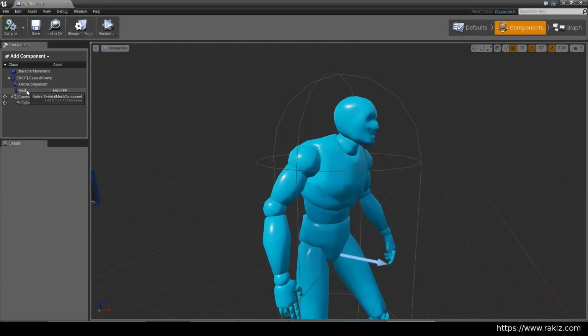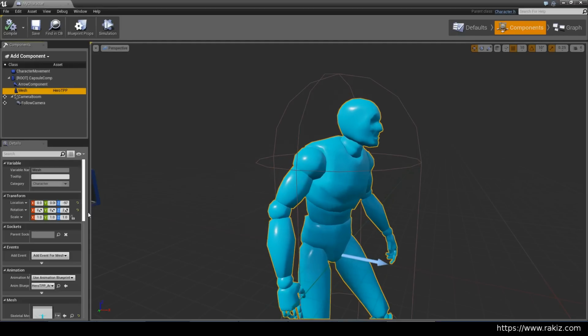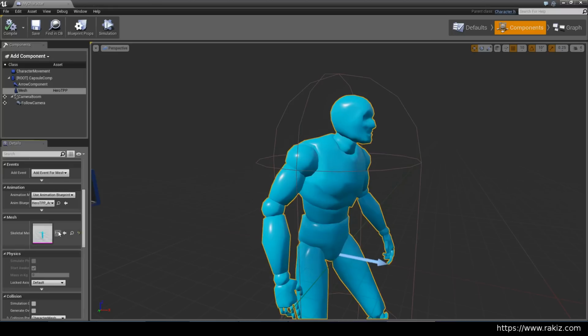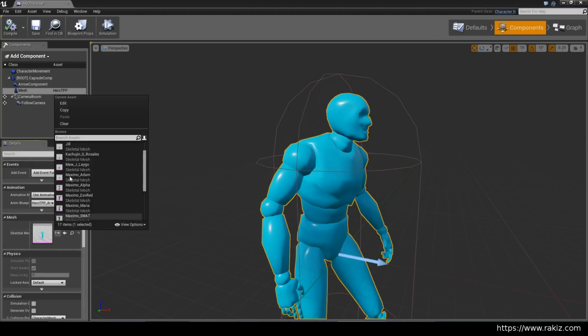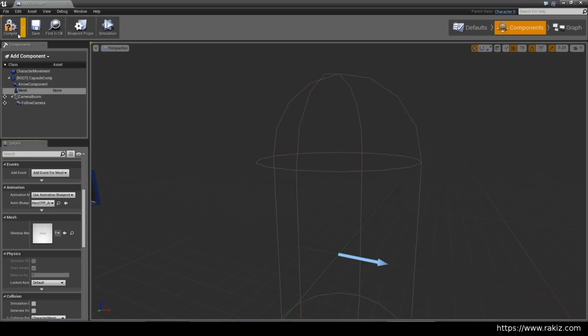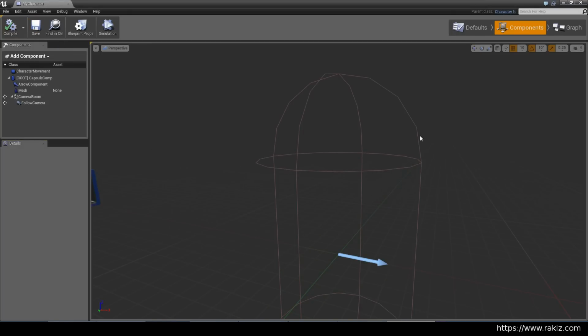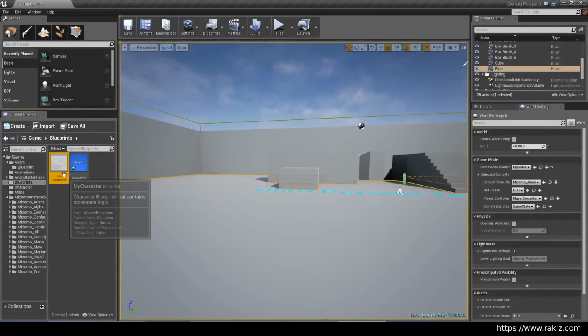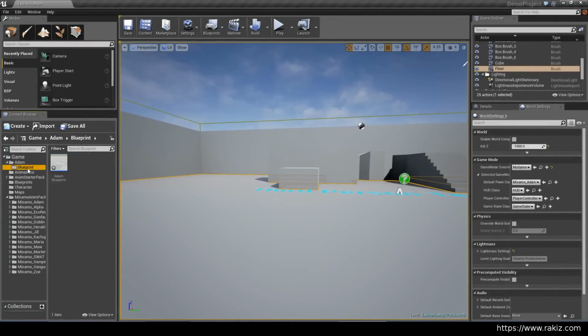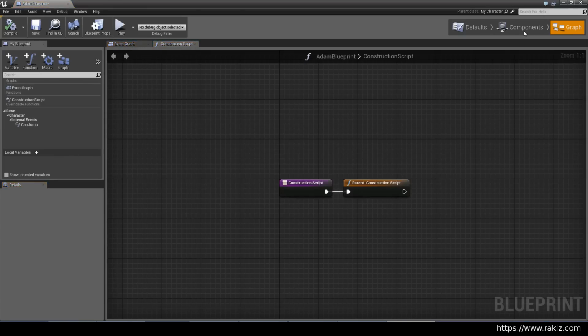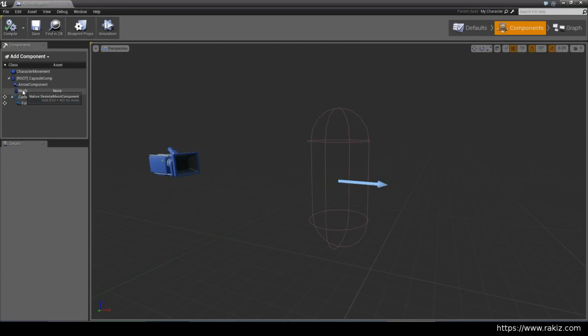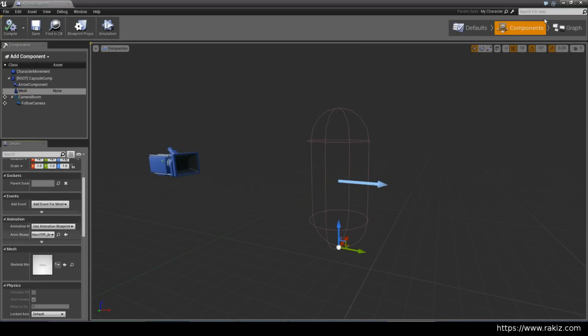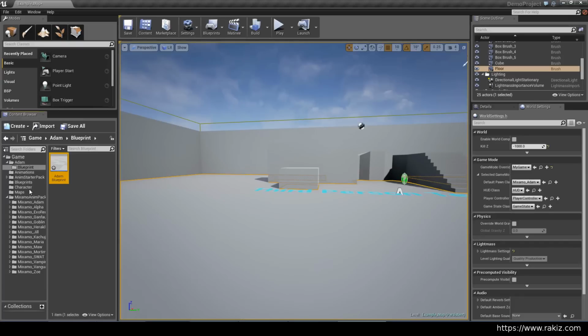We're going to go into the components, select on mesh, and we're going to delete this. Select the skeletal mesh and clear it. So save that, compile this. So now this blueprint has no mesh. It has no mesh, and the mesh will be provided by the child blueprints. So select on Adam, Components, Mesh, and okay, before we do that,